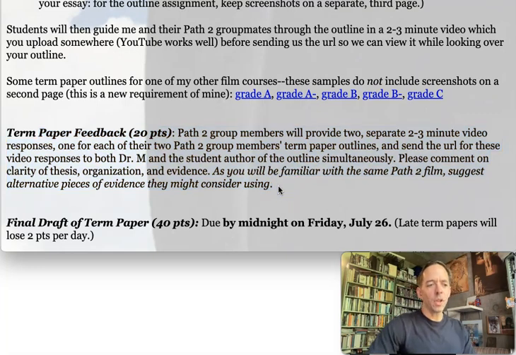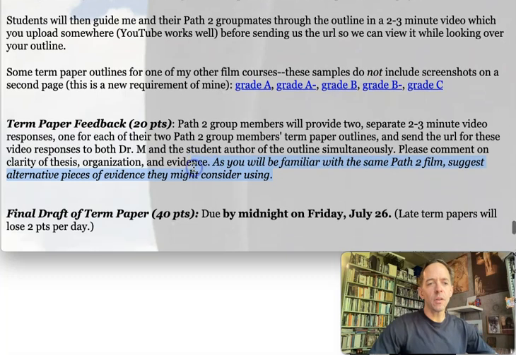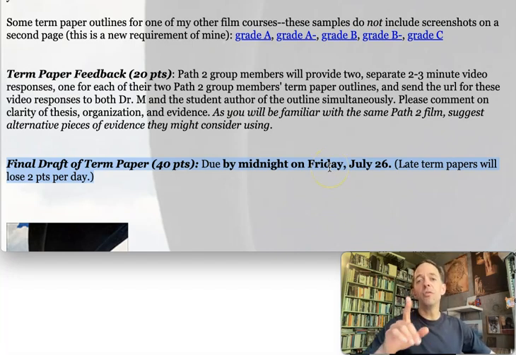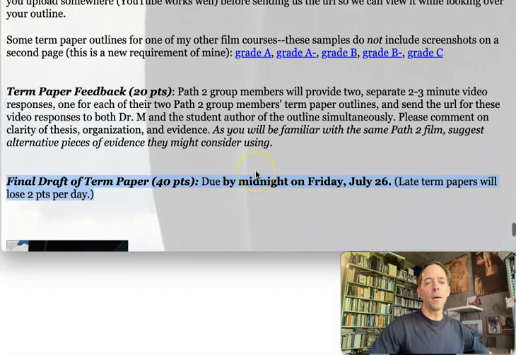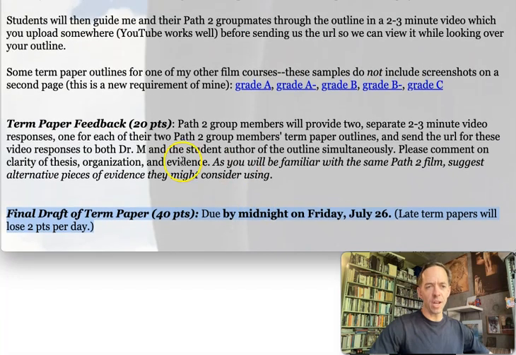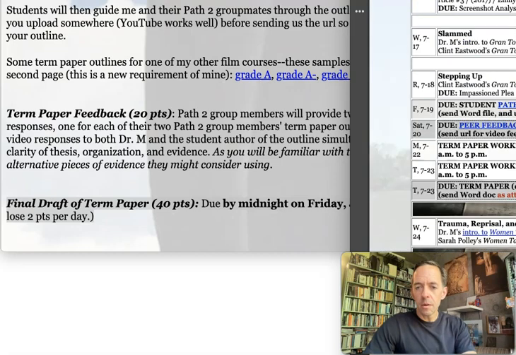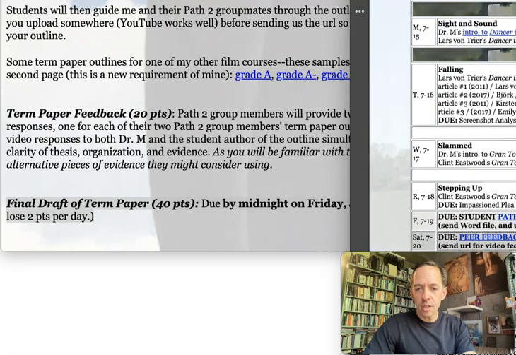Okay. And you'll be turning in the final draft of the term paper midnight on Friday, July 26th. So make sure that you turn these in on time because you do not want to lose 2 points per day because they're turned in late. That's due on actually a Tuesday. That is not correct, because I just changed this.